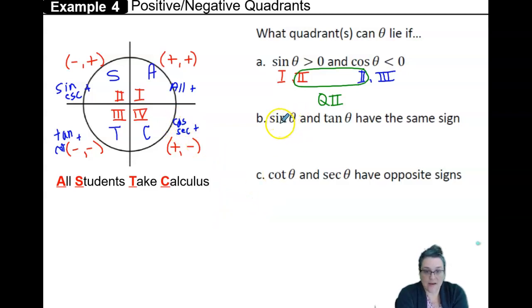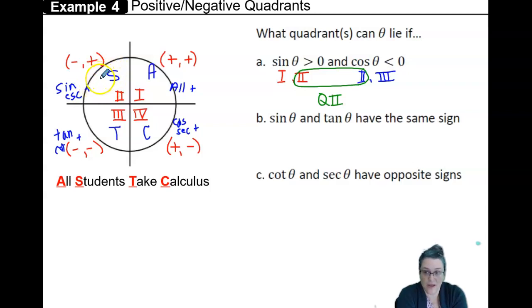In part B, we're asked where sine and tangent are going to have the same sign. Are they both positive or both negative? Looking at quadrant 1, all are positive in quadrant 1. So where else would sine and tangent both have the same sign? Let's see, sine is positive in quadrant 2, but tangent is negative, so they don't have the same sign